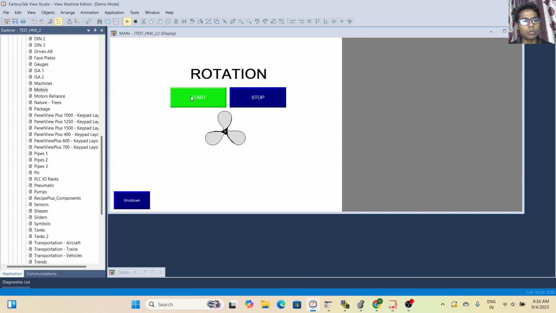In this video we are going to discuss how to apply rotation animation in FactoryTalk View Studio. If you want to learn about this animation, keep watching this video till the end. So let's come to the point.